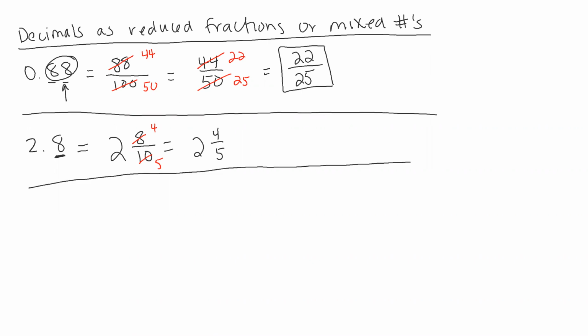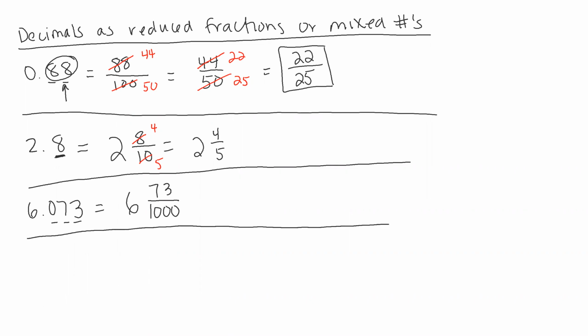Piece of cake. What if I have 6.073? Again, I'm going to have a mixed number because I have that number in front of the decimal. So this is going to be 6 and some fraction. Well, if I look here at 0.073, I've got 3 decimal places. That corresponds to the power of 10 with 3 zeros, so 1,000. And then this decimal just becomes my numerator. So this is 6 73 thousandths, and that is reduced already. What about